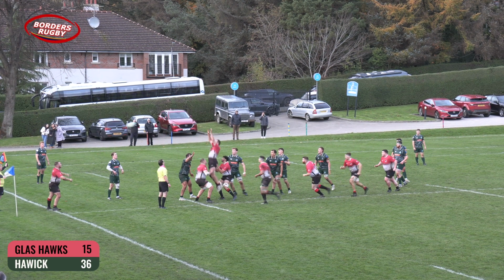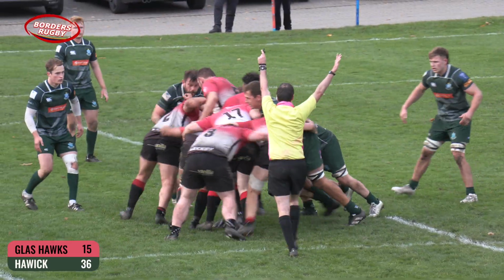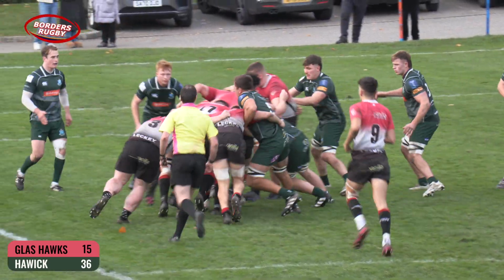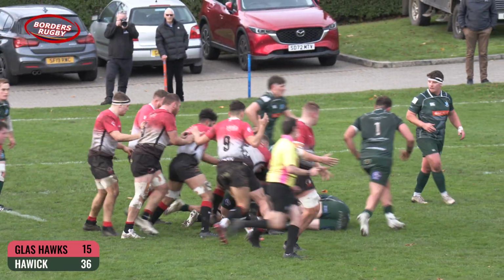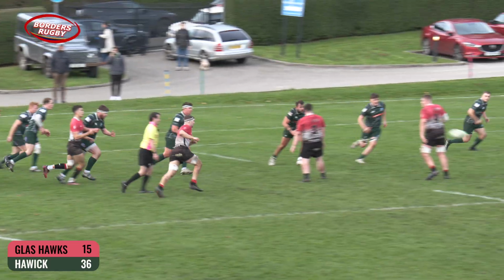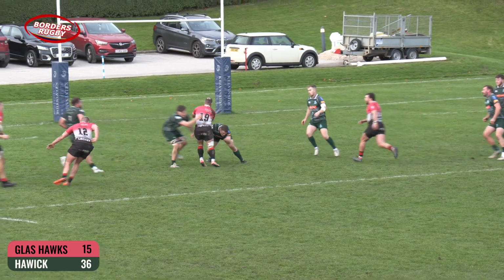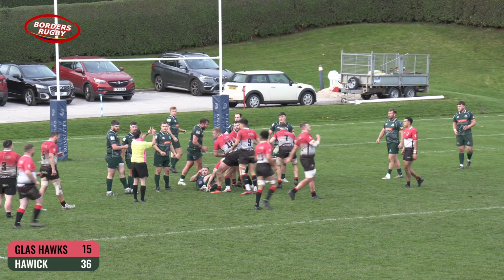This afternoon, and once again he finds his man. Brilliant afternoon's work for the hooker in what will be a losing cause, but they're rumbling this forward and he's in and about it again, but Hawick have managed to sack that one, albeit it comes back on the Hawks side. So it's Emery out to Burrows. Burrows has a crack himself and he's lost the ball there, the replacement scrum half, and